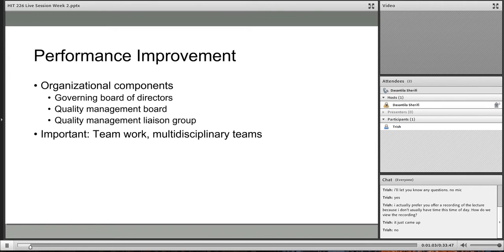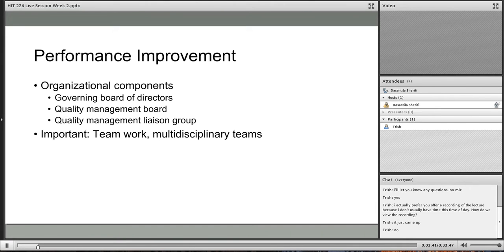There is also a quality management board. Okay, so they are underneath the governing board of directors. See, the governing board of directors, in addition to quality aspects, they have to manage or to oversee administration, the finances, the types of services offered, and then when it goes down to quality management board, their responsibility is simply quality management. Okay, so they have a focused task just on that.